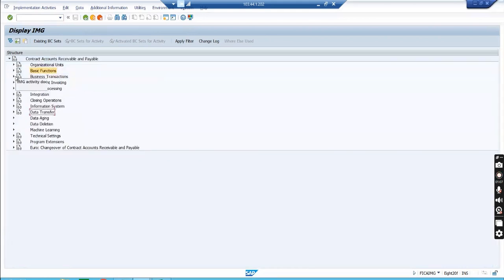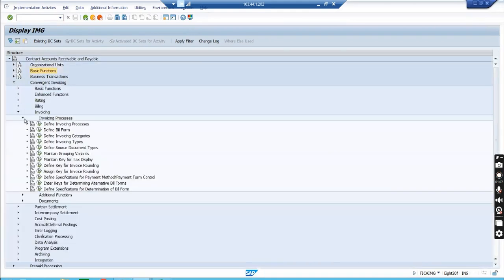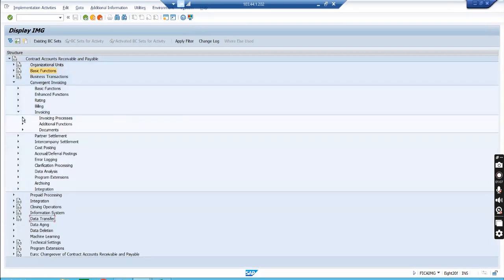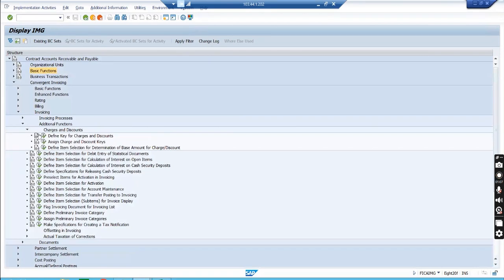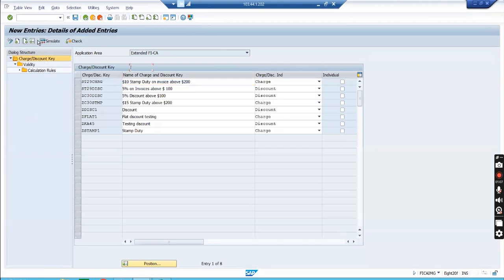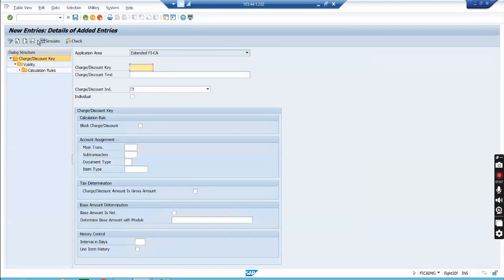So go to convergent invoicing, then go to additional functions. Here we have charges and discounts. Come here, define key for charges and discount, and we'll create our keys. Okay, so we'll create Z102 TISC. Okay, here we can create a text, say disc 5%